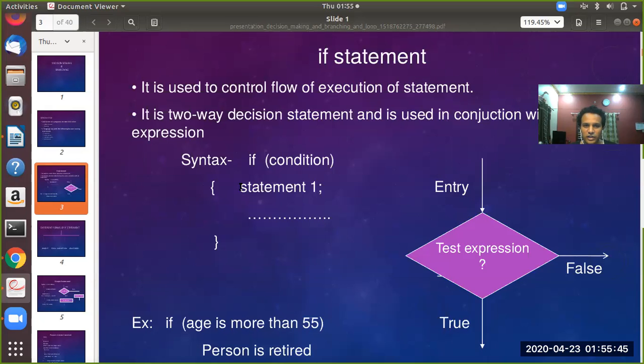Within the flower bracket you will find statement 1 terminated by a semicolon. Like that there can be statement 2, statement 3, and n number of statements.